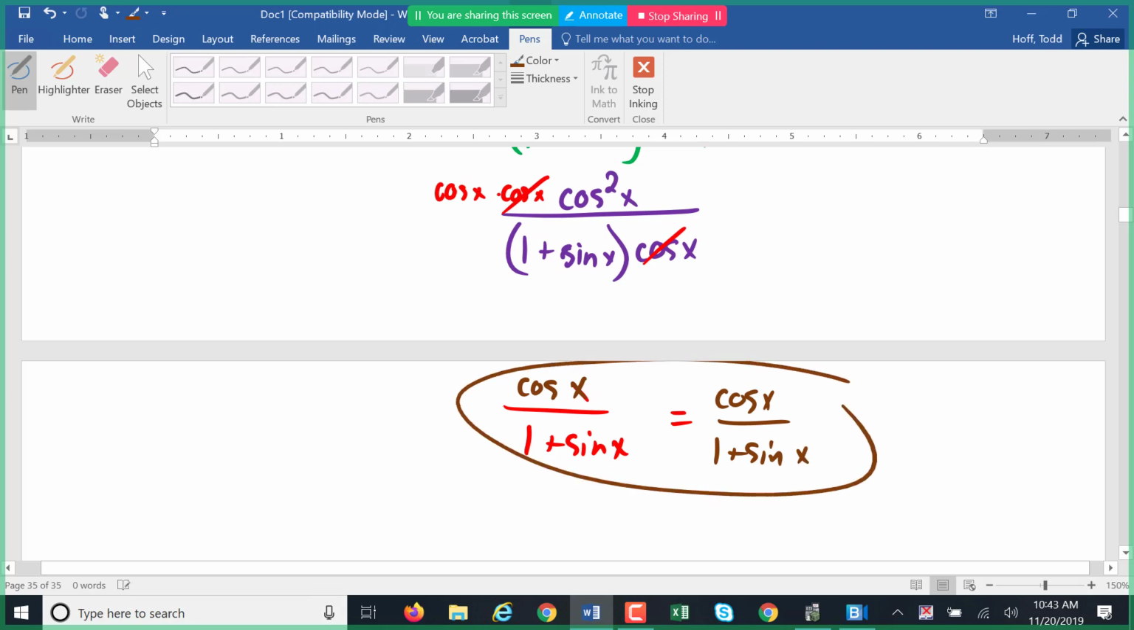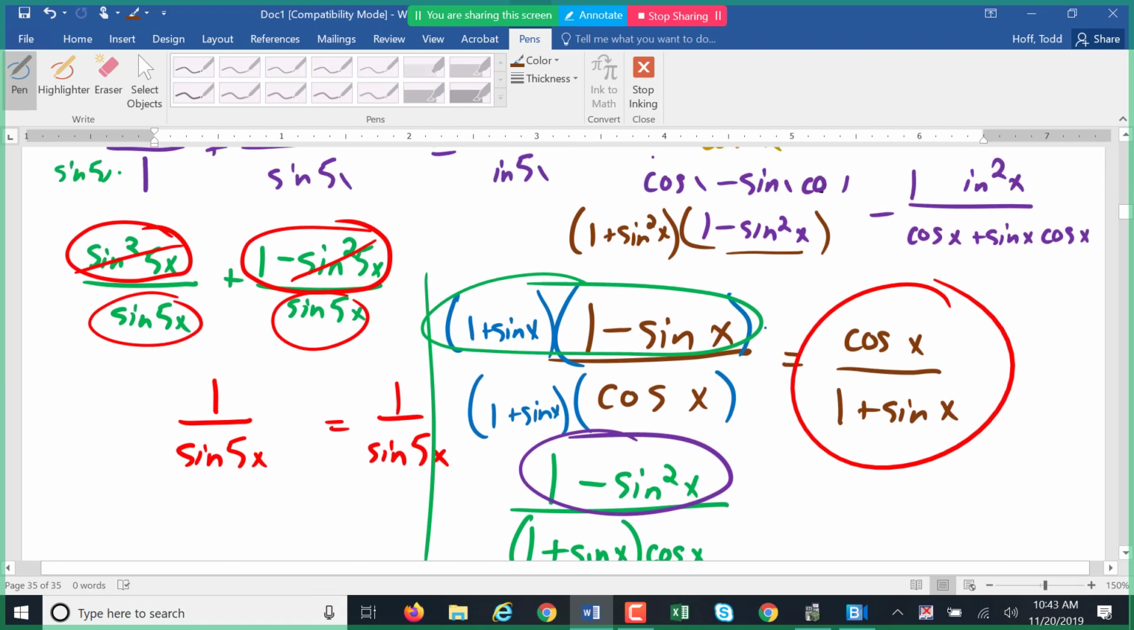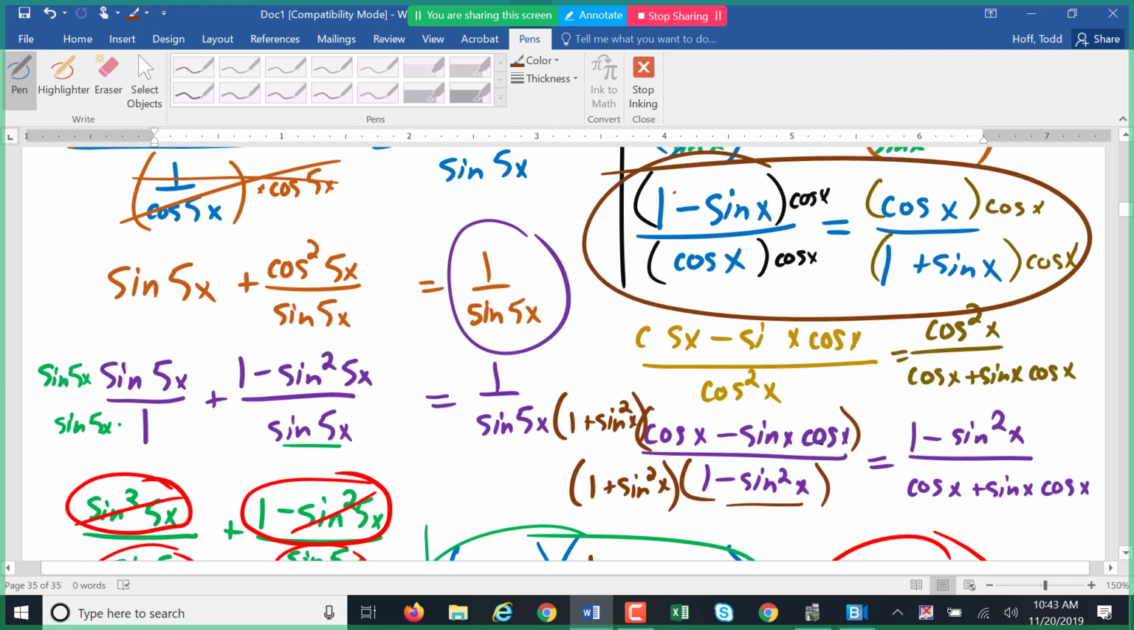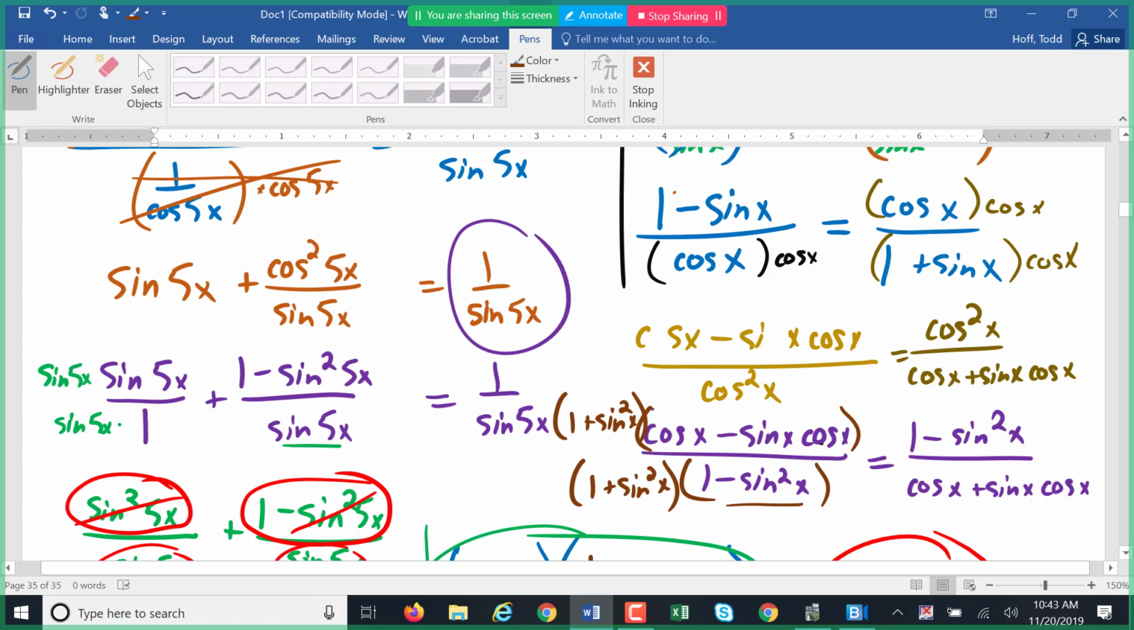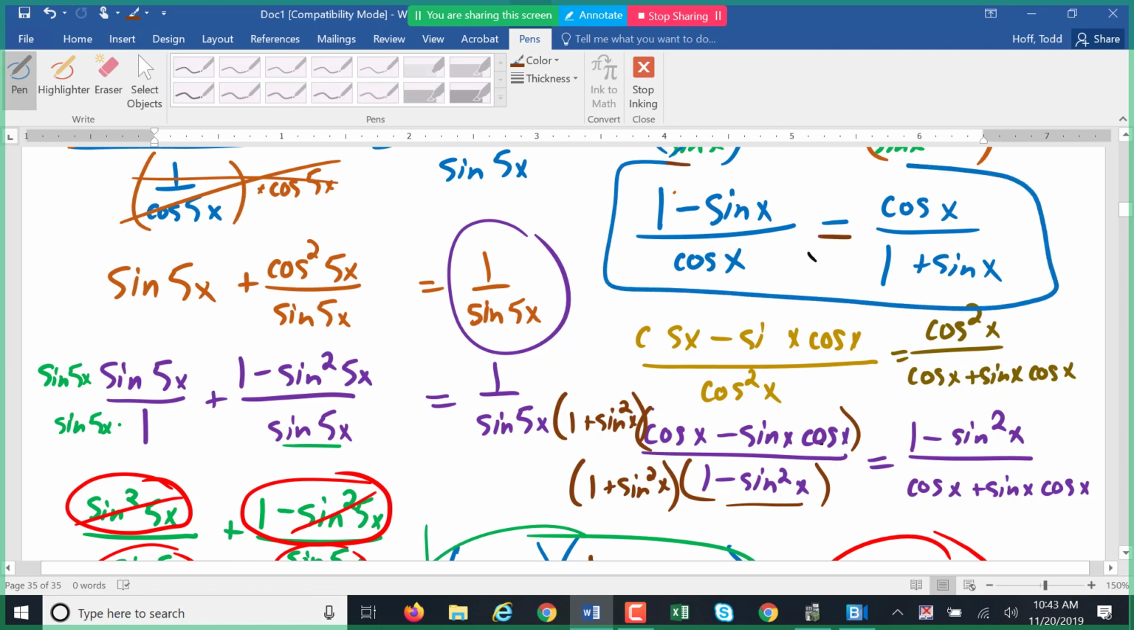How did I know to do that? Well, let me go back and give you a little hint here. What I had here in the blue: (1 minus sine x) over cosine x equals cosine x over (1 plus sine x). I knew those were equal, but I couldn't do the process that shows it, because if I cross multiplied here,